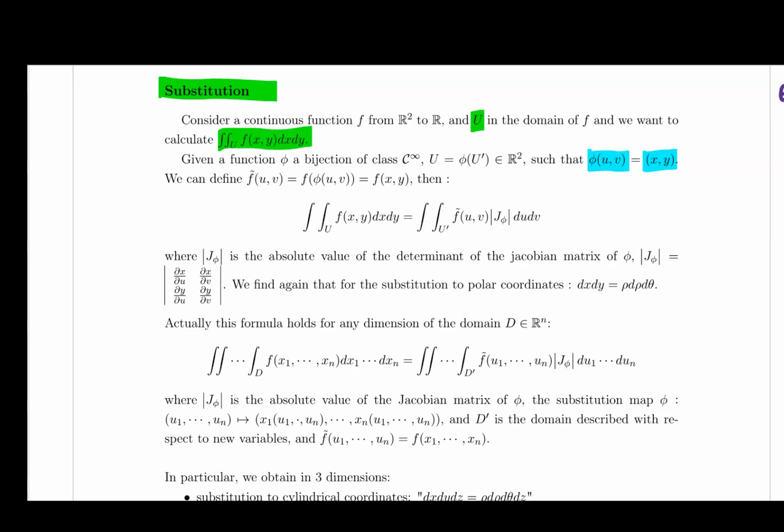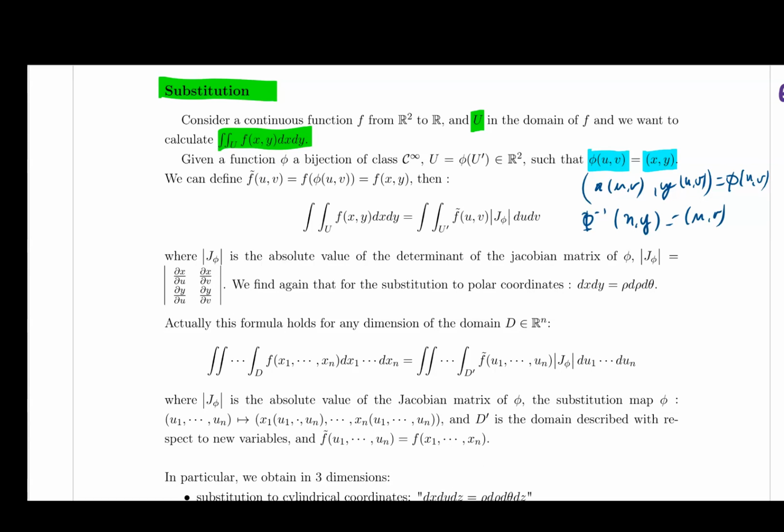So basically x can be defined as x of (u, v), and y is defined as y of (u, v), and that's what gives you the function. You can see it in that direction, or you know that it's going to be a valid substitution if the process is reversible, so you can find a phi minus 1 such that from x and y you get the u, v